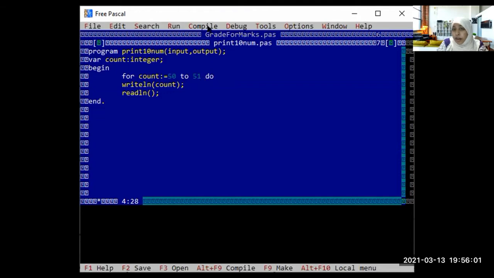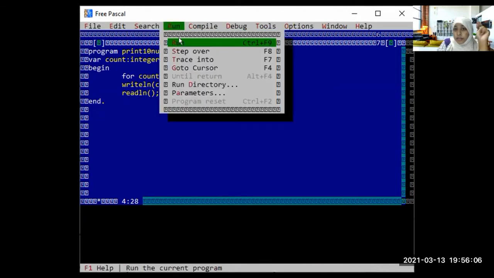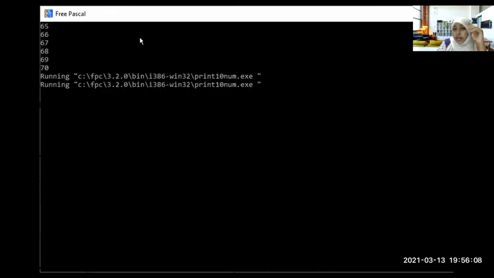If I use 51, see what happens. 50 till 51, it will happen. It will show me 50 and 51. I told it, do it from 50 to 51. So it will show me. Okay? Right.